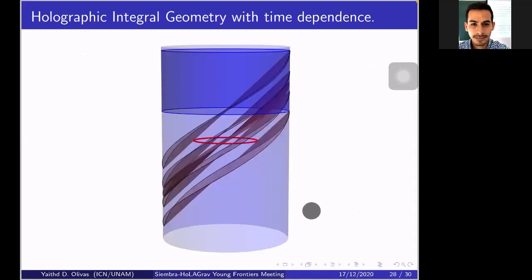So a geometrical picture of this procedure is the following. We are using, instead of geodesics that intersect your given curve, null planes that intersect it. And the region in kinematic space is this blue region right here. Of course, you can use this prescription to calculate the length of curves that are a little bit more complicated, essentially the ones that explicitly have time dependency. And for very simple cases, you can find that this prescription works.